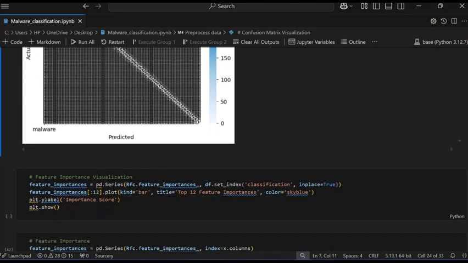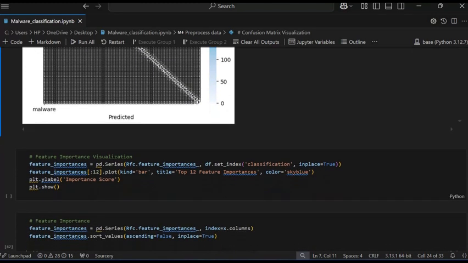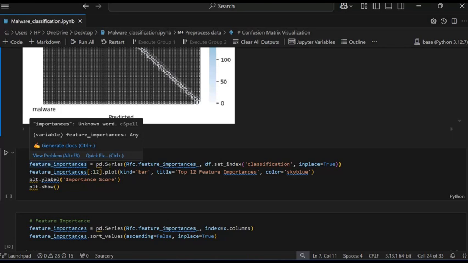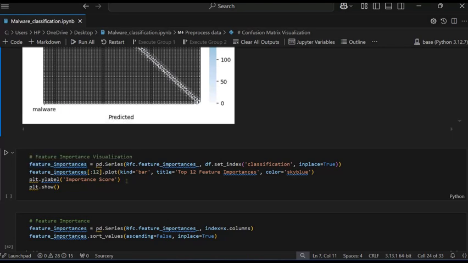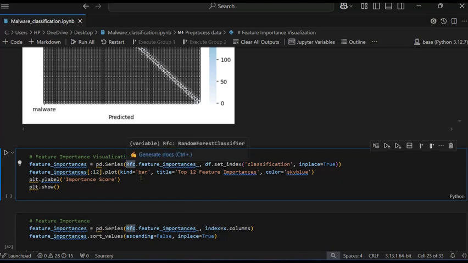Now feature importance. So for feature importance, this is the variable, then we pass pd.Series, and this is the method name, random forest classifier, and then .feature_importances_, where we pass df index.